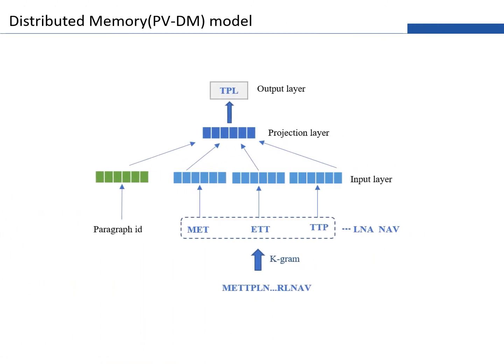In addition, to obtain the protein sequential characteristic, we think of a protein sequence as a sentence with a different number of words. The protein sequence is shown in the bottom figure. We construct the k-gram corpus as the input of the Dot-Vector model. And finally, we can get a fixed-length vector as a representation of protein sequences. Dot-Vector contains two training methods with paragraph vectors, the distributed memory model and the distributed bag of words. We adopt the last one.